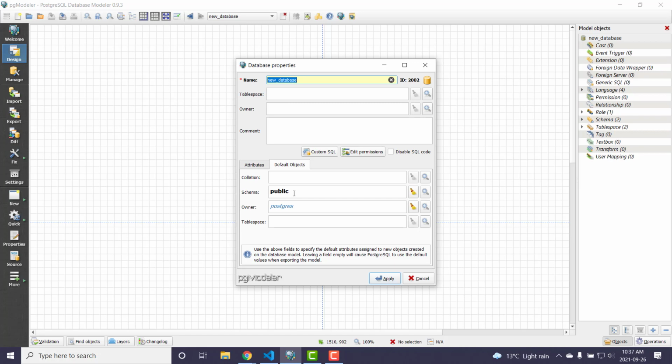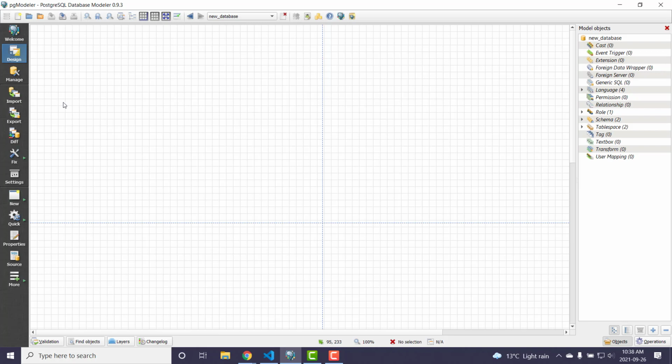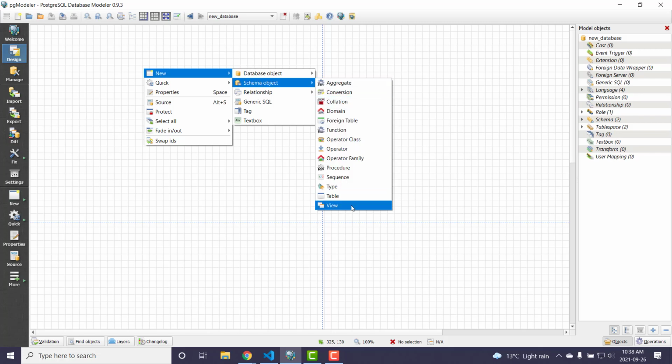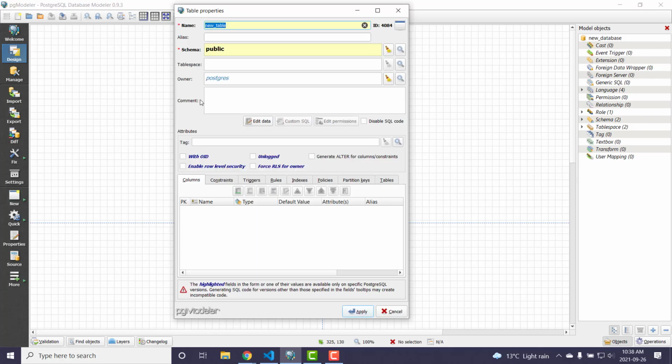But in the end, that can cause a lot of problems when you export your model. So what I'm going to do is make a quick model, and I'm not going to change these, and I'll generate the SQL, and I will show you the problem. So I'm just going to come in here, and I will right-click, new schema object, create a table, and I'll follow a previous example I did with a community garden, but I won't do the full model. I'll make a gardeners table,